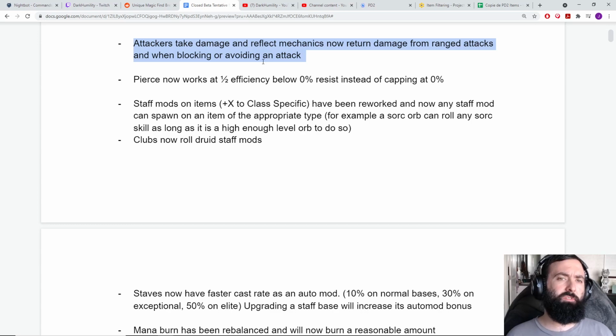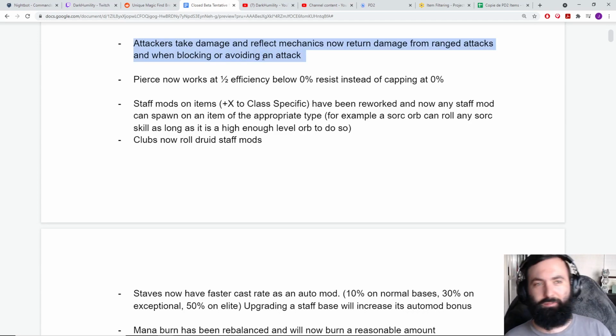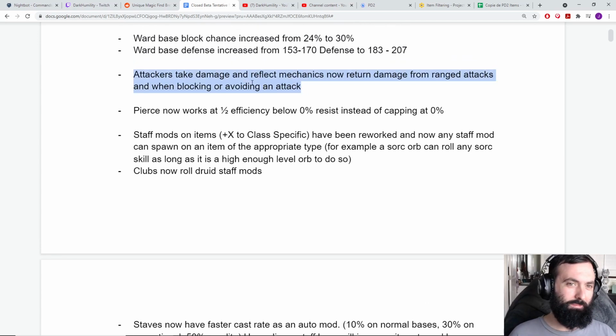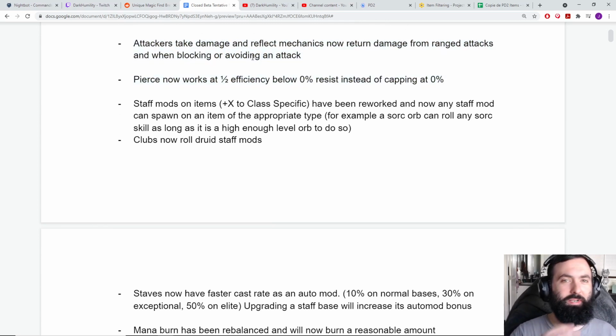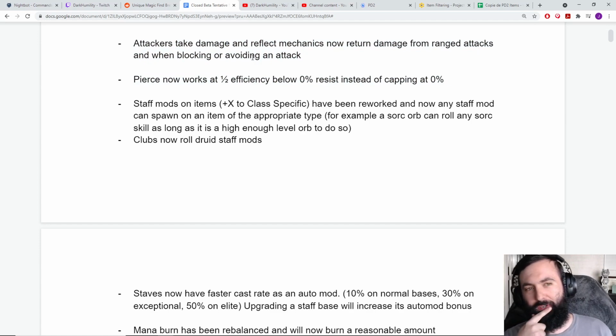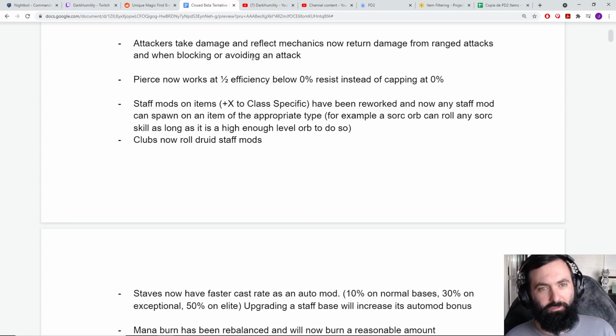Attacker takes damage and reflect mechanics now return damage from ranged attacks when blocking or avoiding an attack. This could be insane. I have a particular build in mind that could take advantage of this. I'm going to do it on my stream at some point, probably even today or tomorrow with the Sorceress. There's something I have in mind with this. I don't know if it's going to work, but this does look like it could be insane. I like the idea that attacker takes damage could potentially be useful. And if you combine it with other mechanics that also reflect damage, that could be...